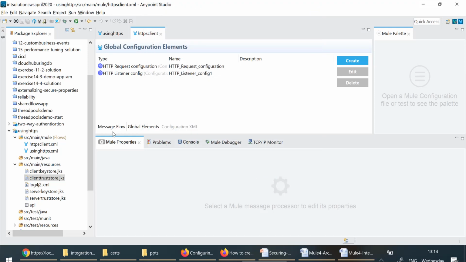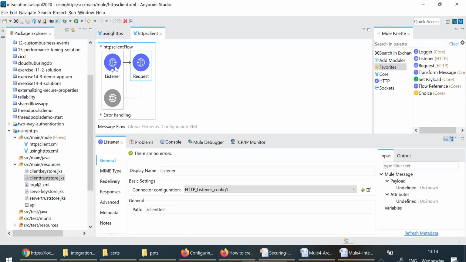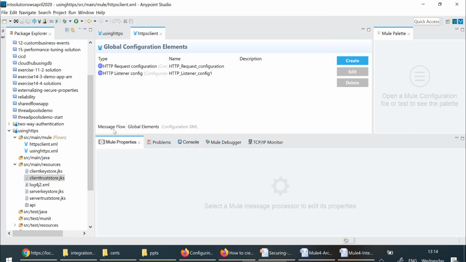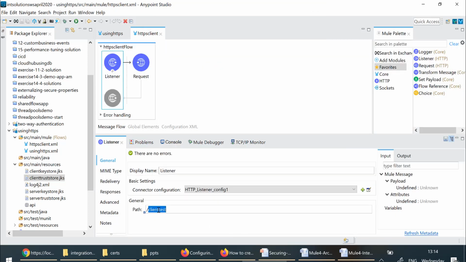Then here I have a listener which is listening at 8082, and the path is /client test. So whenever I give 8082/client test, it is making an HTTPS request to server, and whatever